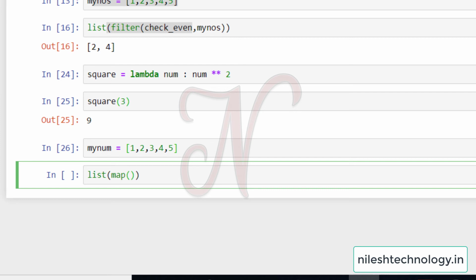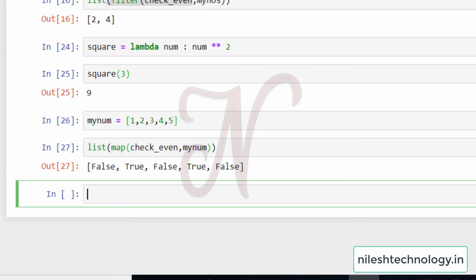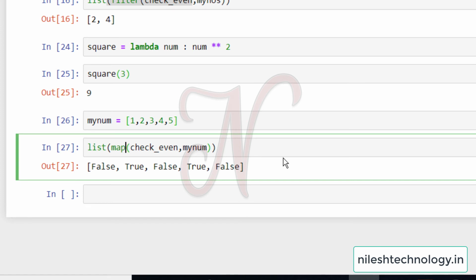My first parameter is check_even, which is already defined in the previous section, and my second parameter is num. See here, my output is False, True, False, True, False, by using this map function.